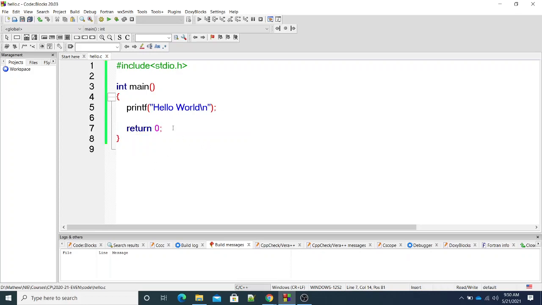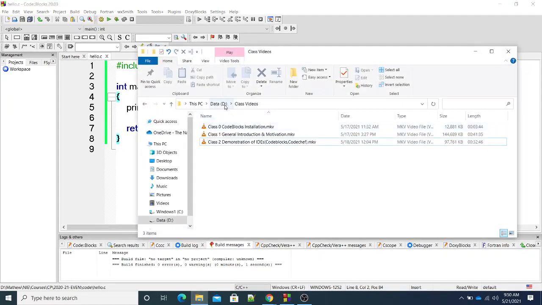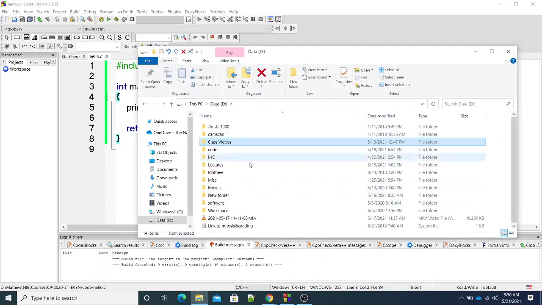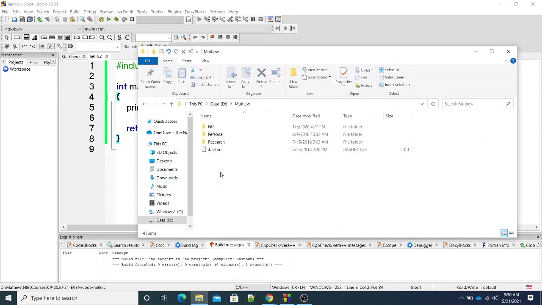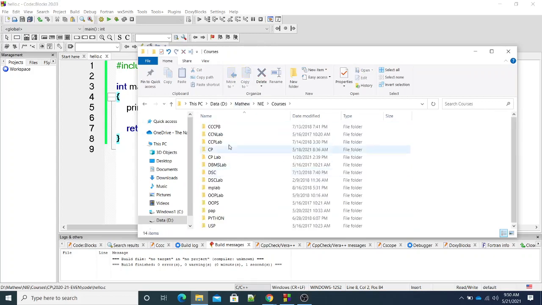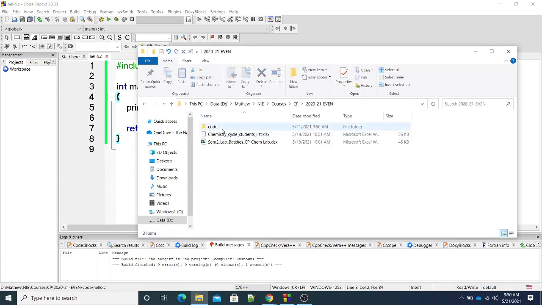Okay, so my Hello World program is there, and last class I compiled it, then I executed it. On compiling, some files were generated. When we save it, it is a .c file.